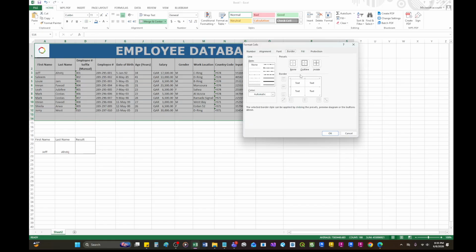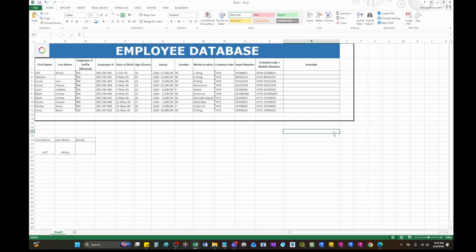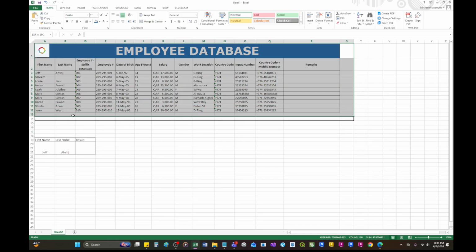Let's just try this one, and then click the border color. Let's say we would like it to appear in this color, a little bit yellow, or make it a little bit darker. Click OK. Oops, why did that not appear?